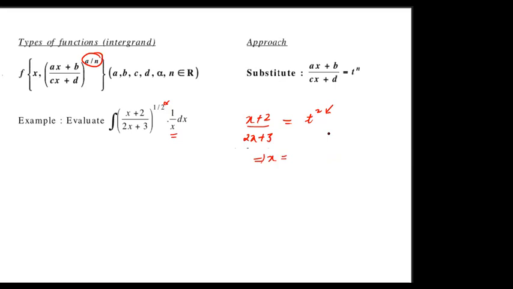Fine. So in this expression you will have x in terms of t, and the derivative will also come out in terms of t. So just remember this: you just have to substitute this part in terms of the power, which makes it come out of the radical term. Fine. So we'll move on to the questions of the form that we studied earlier, the previous one.